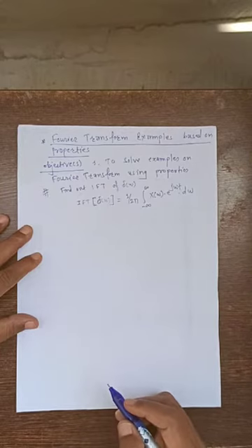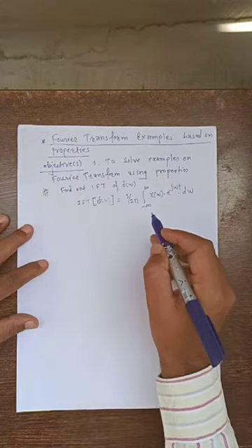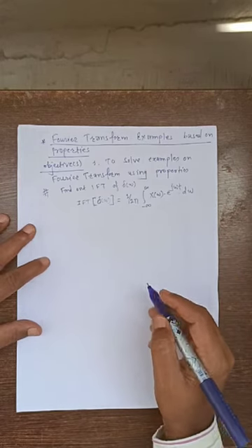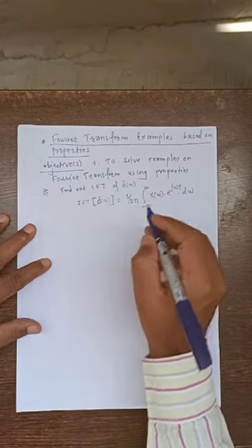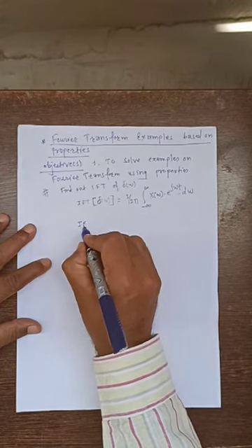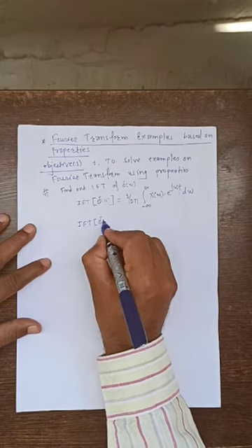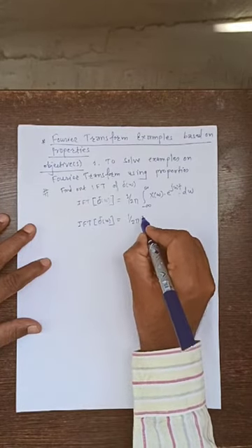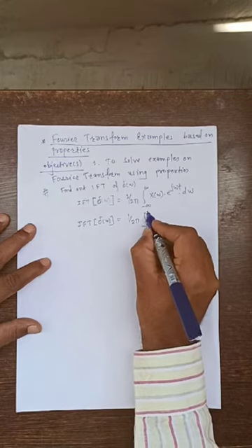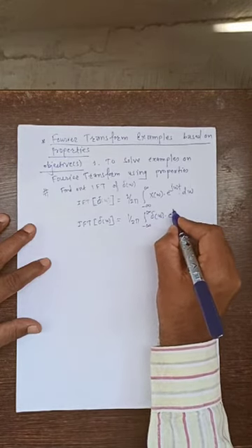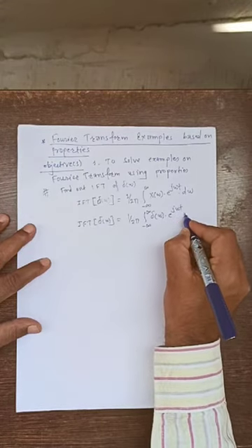So this is the equation for finding the inverse Fourier transform of a given signal. The given signal is delta omega. So we can write the inverse Fourier transform of delta omega is equal to 1 over 2 pi. Now put the value of X of omega, which is delta omega, e raised to j omega t